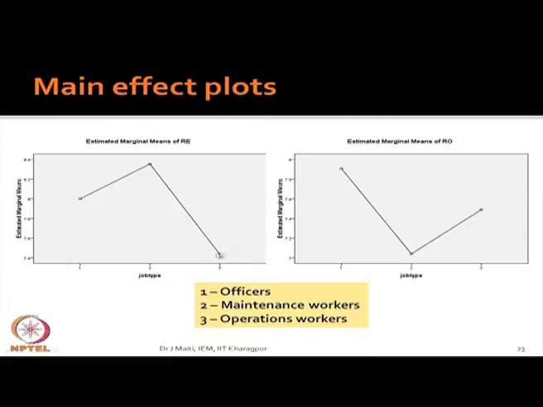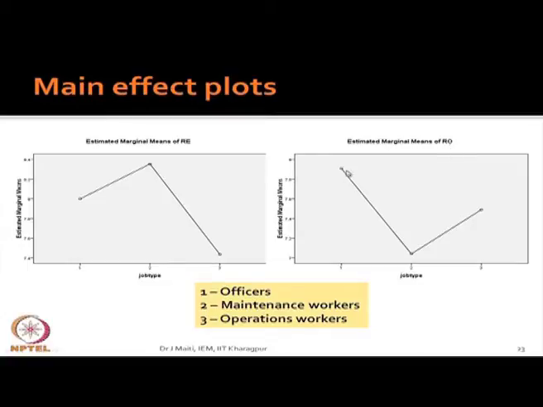Operations have low job stress with respect to relations, and basically all of this is matching. Although, see, Box's M test does not satisfy the equality of covariances, still we have gone for MANOVA, but the results are interestingly giving us conceptually correct results, which we can test. We have to go to the field and talk to the people who are actually working there.